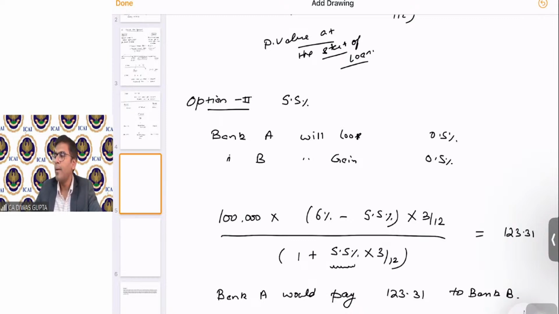Clear, students? So what I'm trying to say is that the settlement of this gain or loss will happen on the day when execution of the actual loan is happening, not when the commitment is made and not when the loan period gets over. Okay, it happens on the start of the actual loan given or taken, students. Clear? And the rate to do the present value or future value will be taken basis the actual interest rate.